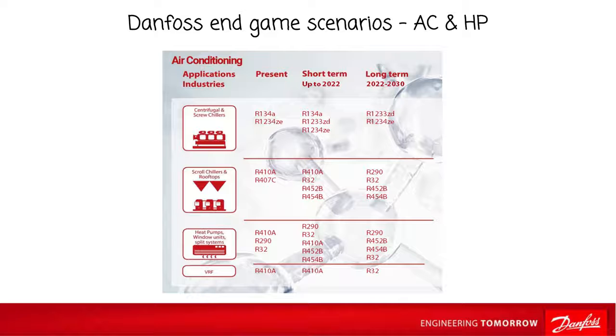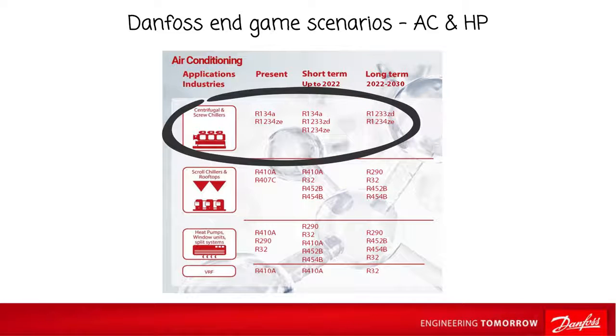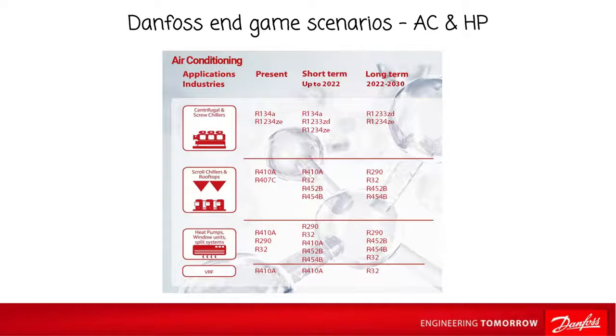If we look at the high-capacity area, which includes centrifugal and screw chillers, then we see that the most used refrigerant today is R134A. This refrigerant will also go through a transition to HFOs and blends. Danfoss TurboCore compressor is a good example of this transition, since it uses 1234ZE, which is a very environment-friendly refrigerant. Nothing should hinder this technology from being used at the endgame, and we think HFOs would be a good endgame